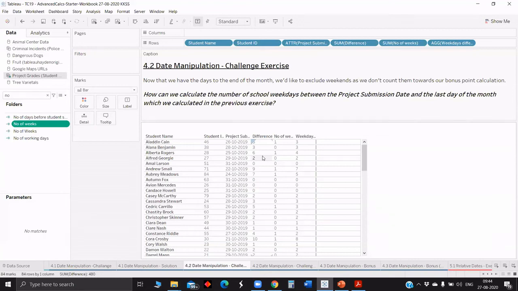Yeah. So in order to subtract the number of weekend days, the approach that we took is we are calculating the number of weeks between the submission date, between the date differences, and we are multiplying it with 2 to get the weekend days in each week.